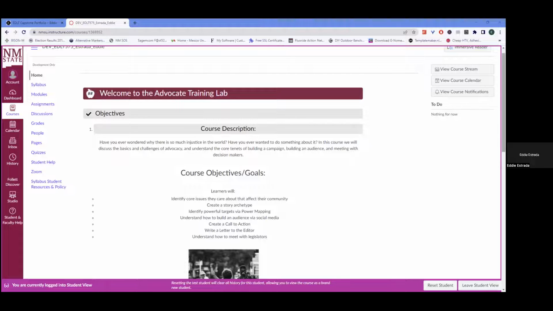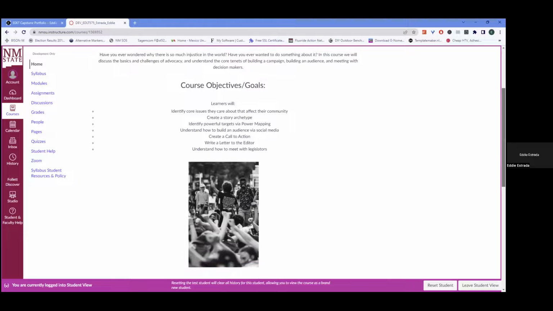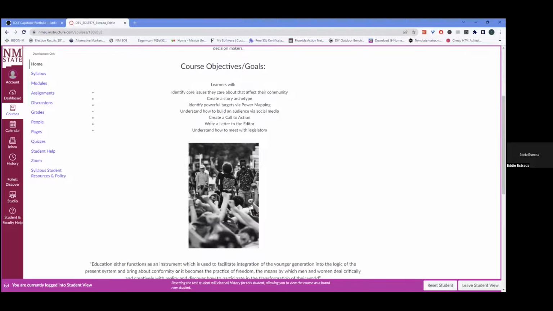So the homepage here has a course description, has the course objectives and goals, and those goals are for learners to identify core issues that they care about, create a story archetype, identify powerful decision makers or targets via power mapping, build an audience with social media, create a call to action, write a letter to the editor, and hopefully take that information to meet with legislators.